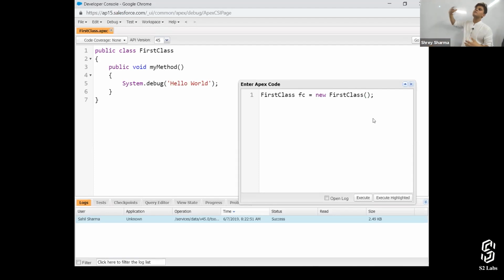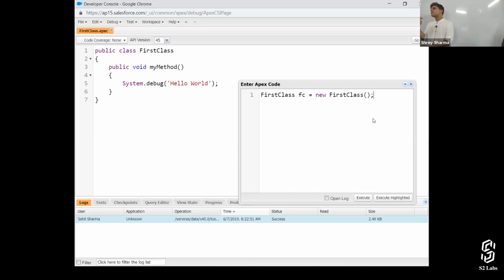This is related to the OOPS concept that we're going to talk about later in the Apex OOPS class, but let's talk about it right now as well. So you create a class table, and to create different tables, you create a class chairs, right? And to create different chairs with different height, different width, different breadth, you create different objects.